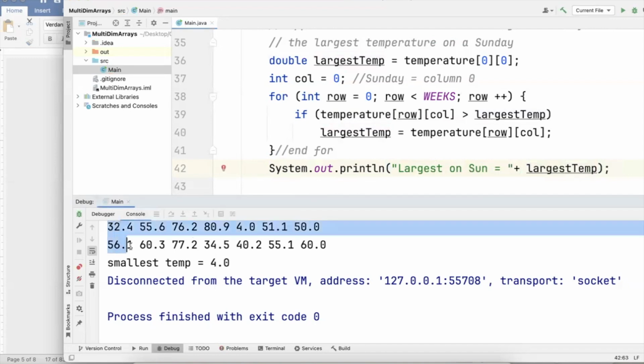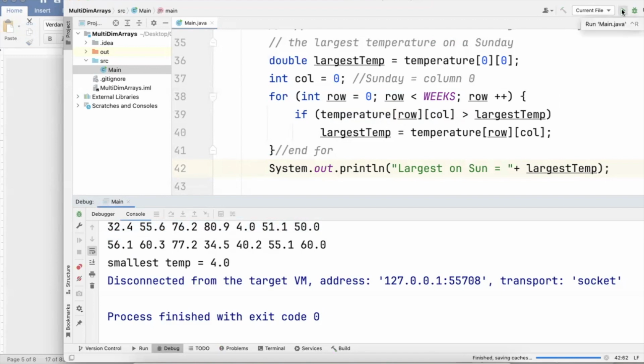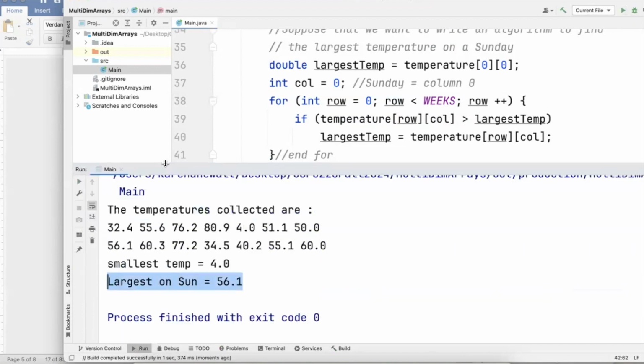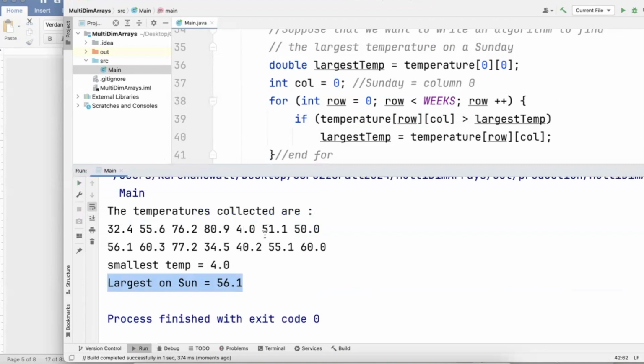Awesome. So if we're looking through our example array, visually, we can see really quickly that the largest temperature value on a Sunday is 56.1. Let's see if that's what we get when we run our program. Yep, sure enough. And that's not the largest value in the table. There are bigger values like the 60.3, 77, and so on. But we're only looking in that one column in the table for Sunday, and the 56.1 is the largest value